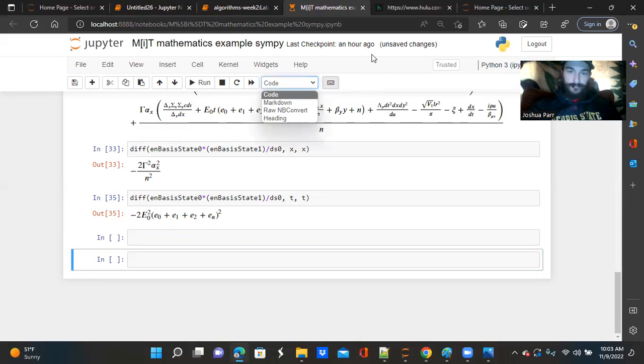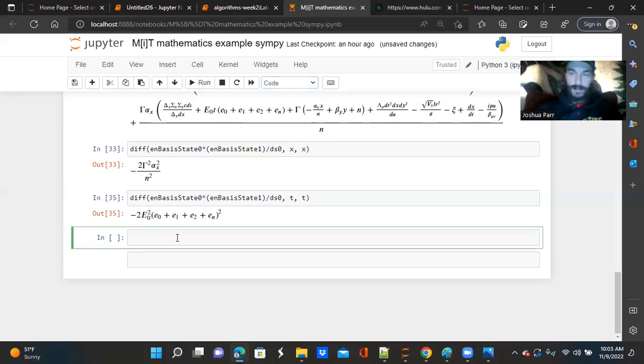What I'm going to do here is I went to the top right here and I changed it from a code cell to a markdown cell. Now this is how you write pretty math. I'm going to teach you how to write pretty math. So we have the following. If I want to represent this statement right here above, I would say it is